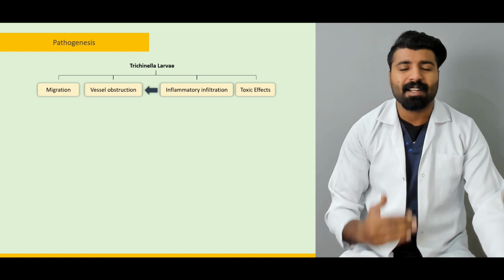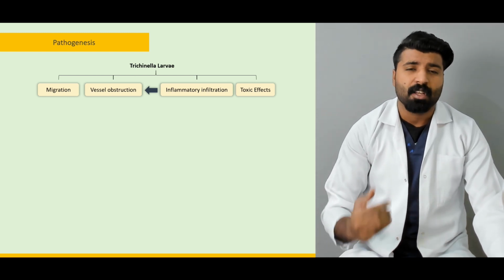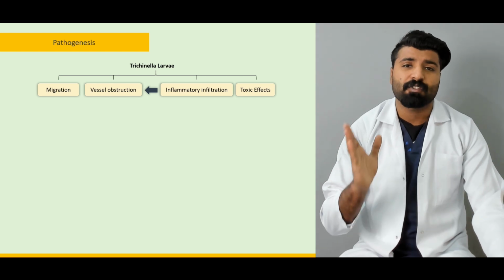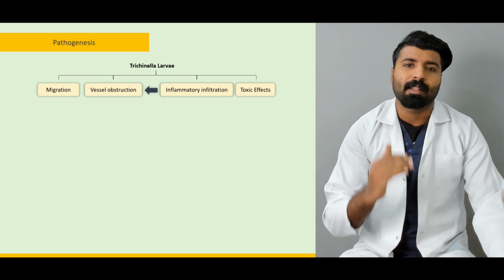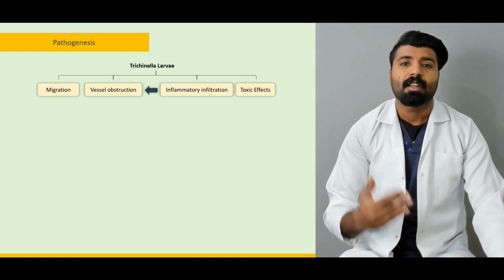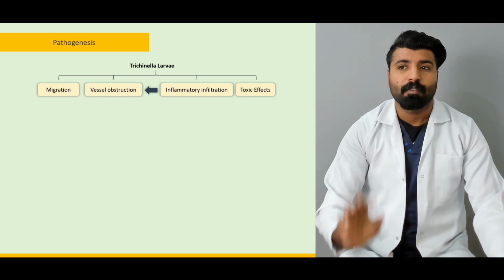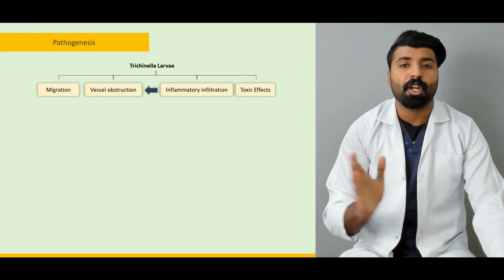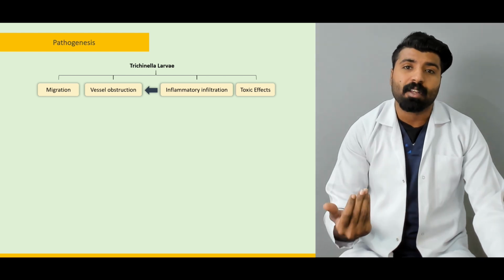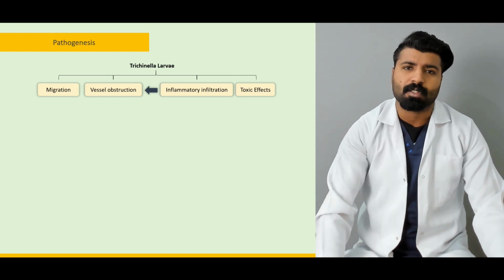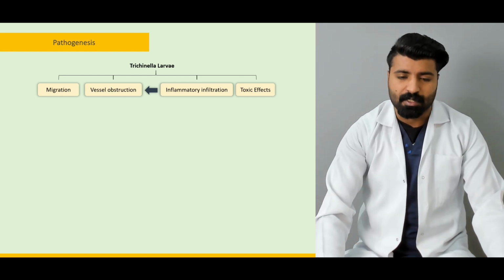So what happens is that it has its toxic effects and its inflammatory infiltrations, which will affect your vessels and inflame them, and there will be occlusion of blood in the blood vessels. Severe systemic manifestations can come through. Blood supply can go down for a specific organ which requires more of that blood. And if the requirement is not met, what will happen? It will go into necrosis. It will go into ischemia. So it has these toxic effects.